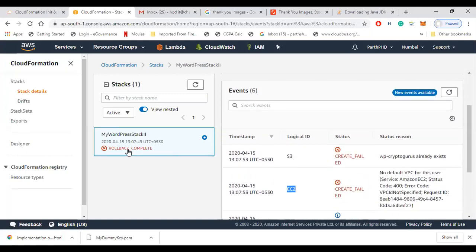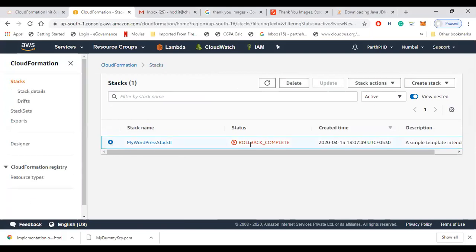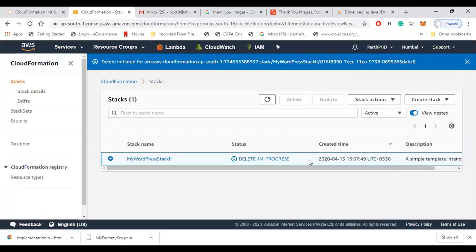And that's why a rollback happened, so whatever resources were created, everything was deleted over here. If you see the stack over here, this is a stack which has an error, and that's why CloudFormation did a rollback. So what we can do now is delete this. I'm deleting this stack, and moving back